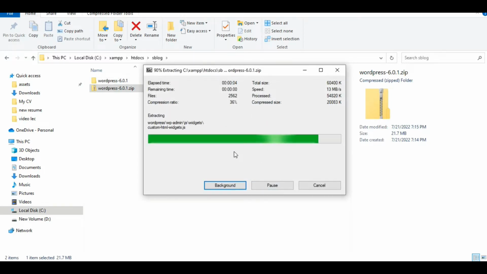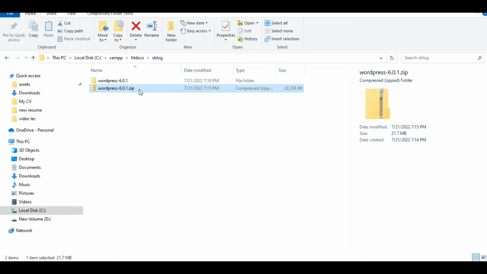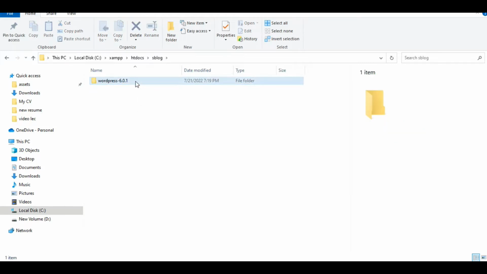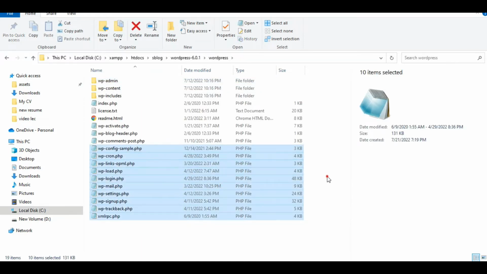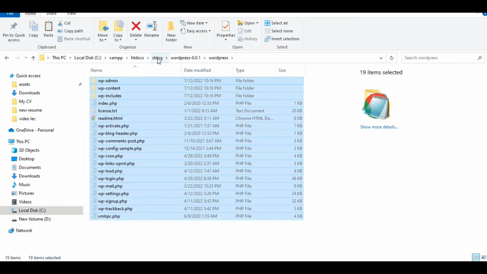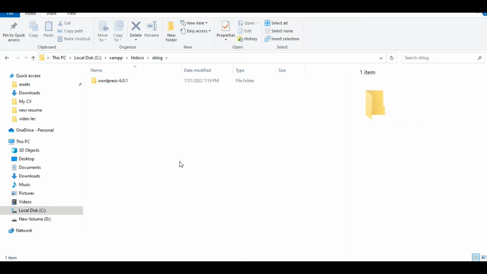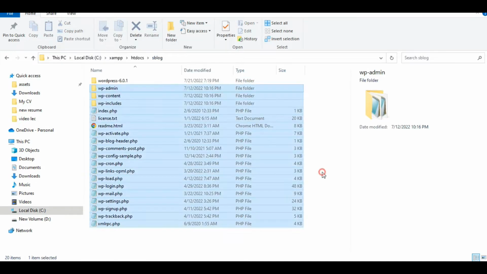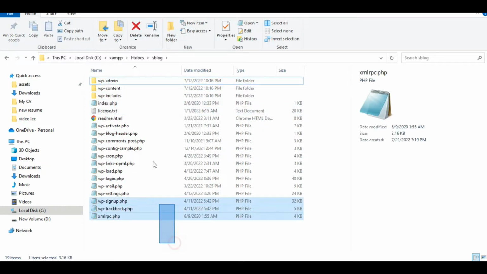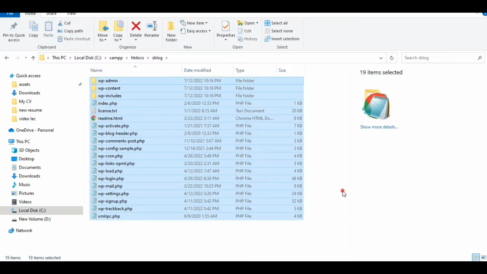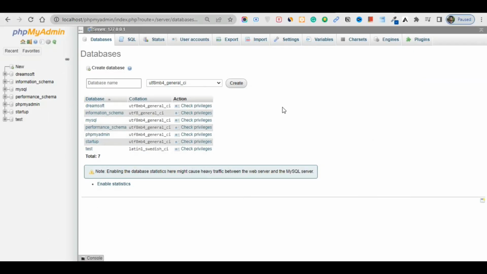Okay, wait a few seconds, then just delete this. After that, this is your WordPress location and I'll just cut it and paste it here. After that I'll just delete this. So this is your WordPress local storage, and in here you will just use this s blog as usual